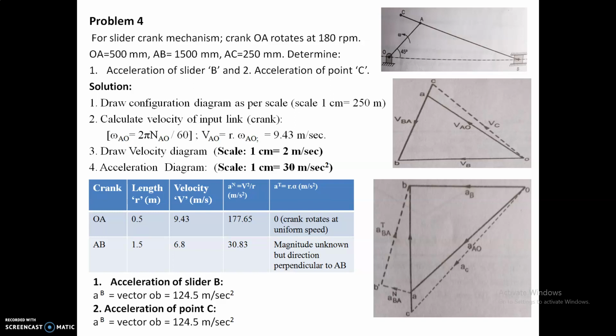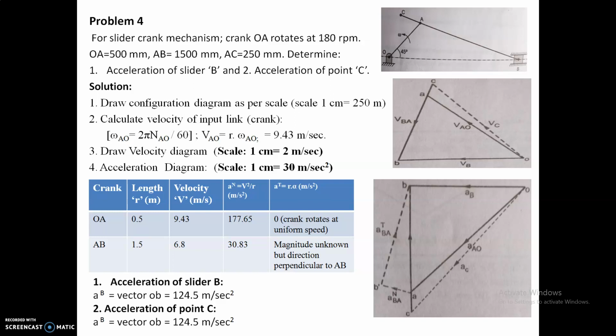So I have taken from O to A. How much length? 5.3 centimeter as per the magnitude for the crank. Accordingly, that is the final one, so I have given the A because the tangential component is 0. And from A, the next link is AB.